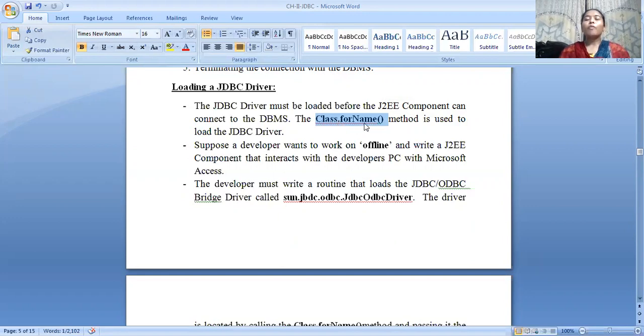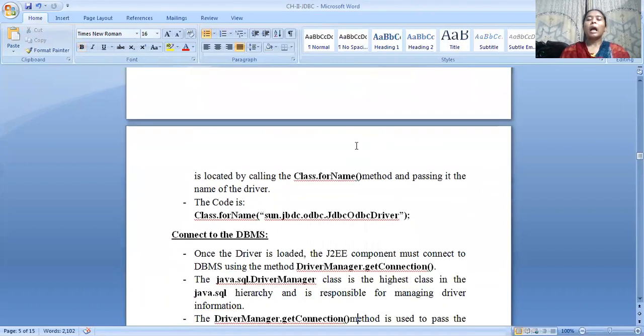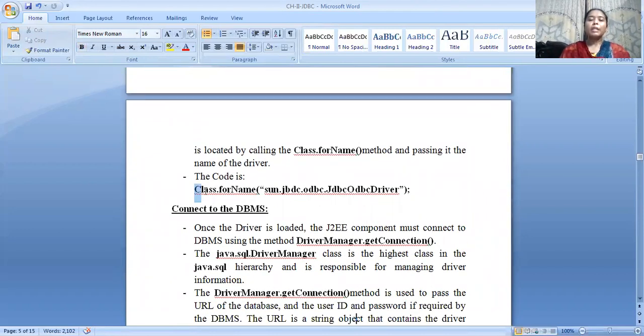What type of driver should it call? If it is a JDBC-ODBC driver, the predefined JDBC-ODBC bridge driver is called sun.jdbc.odbc.JdbcOdbcDriver. With the help of this driver and this particular method, I load a driver by using the method Class.forName and mentioning the particular driver name.